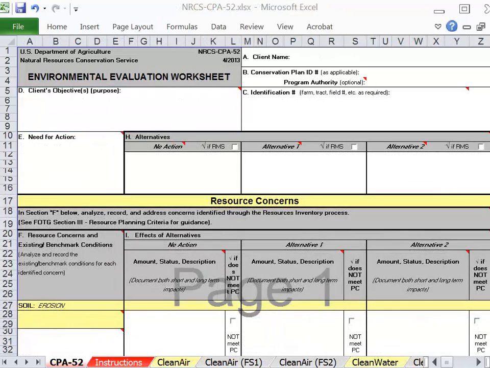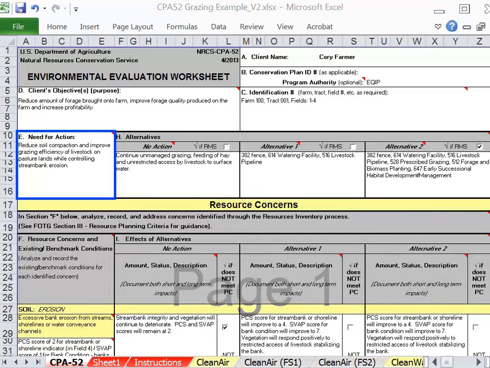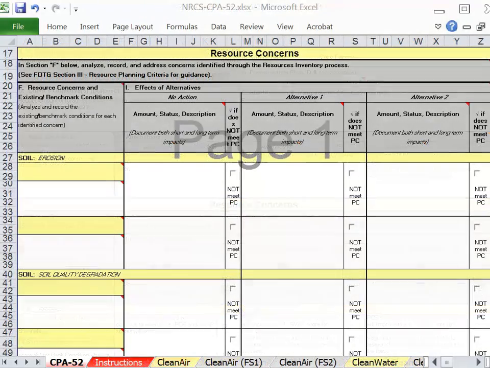Over in section E, the need for action was documented. The need for action being a reduction in soil compaction, improved grazing efficiency of livestock on pasture lands, while controlling streambank erosion. Moving down the form to section F, resource concerns and existing benchmark conditions, after walking the land with